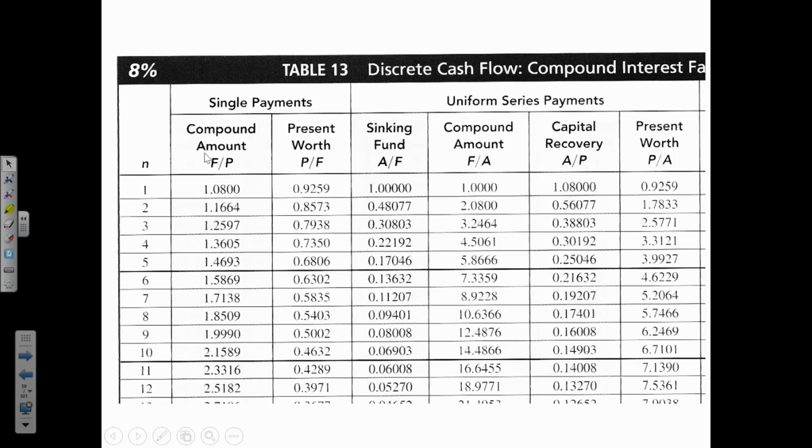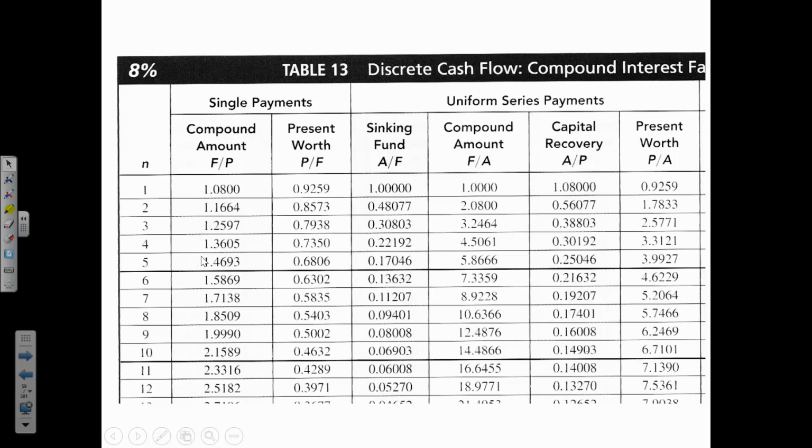So it's the same kind of notation as far as what's in the numerator and what's in the denominator. This column here where it says compound amount, you'd use the factors provided to find a future value given a present value. So with one known present amount, you use one of these factors to find an unknown future amount. What's it called when we move money forward in time? Compounding. That means it's getting bigger.